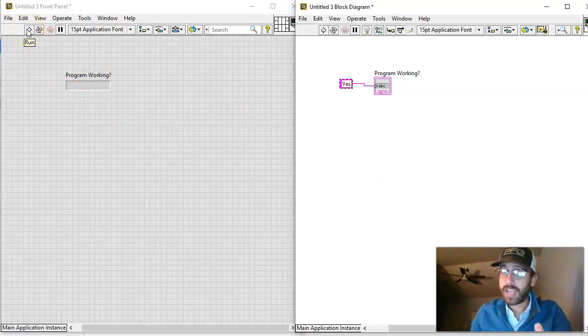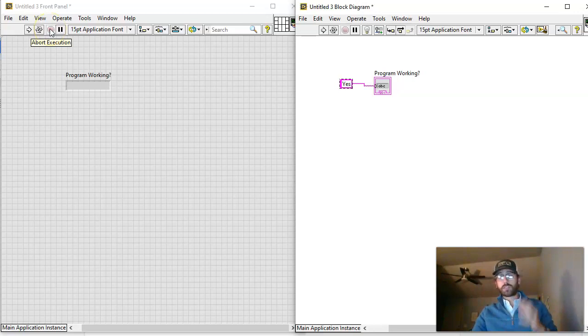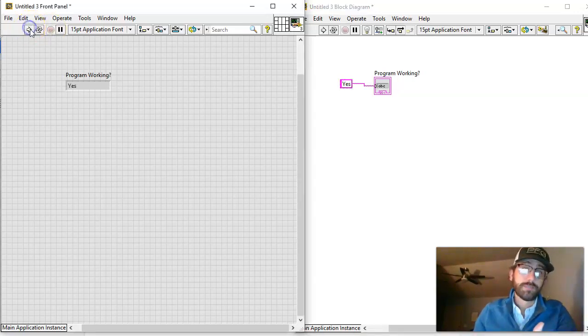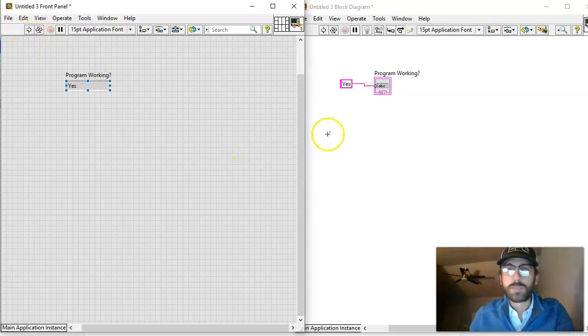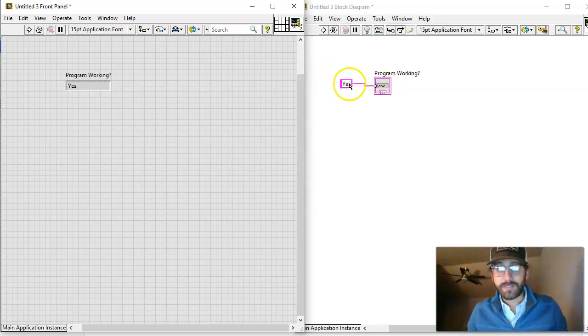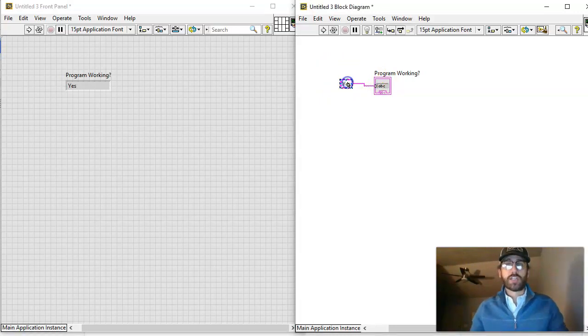If I click this arrow up here, this is going to be our run. And then right here, once we get it going, it's going to show up as stop. So this is how you're going to start and stop your programs. So, is the program working? Yes. What I did here is I just assigned a constant value to a string indicator. Whenever I run the program, the string value should be set at this value right here. If I was to change this,